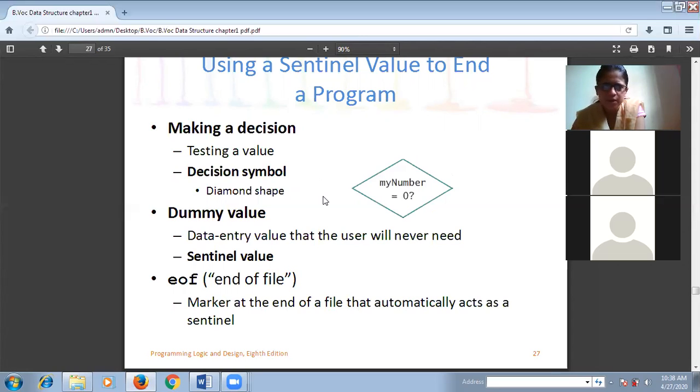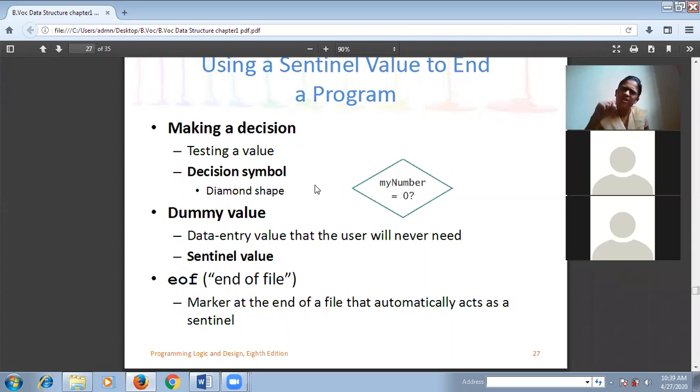Okay. For example, in our problem of doubling the value of a number, we want to double the value of a number. Now, obviously, if it is any number other than 0, then it is possible to double its value. And even if we are providing 10,000 numbers as an input and we want to double the values of all those 10,000 numbers, then it is possible. But if a situation occurs in a program and the input to the system is 0, then obviously we know that the double value of 0 is always 0. Then there is no meaning to repeat number of statements number of times. That's why we can consider this as an exit for the program.